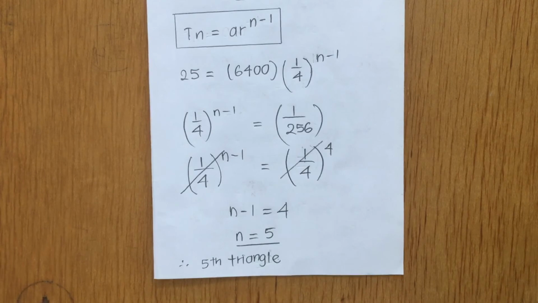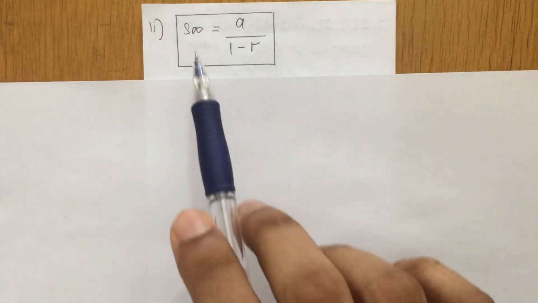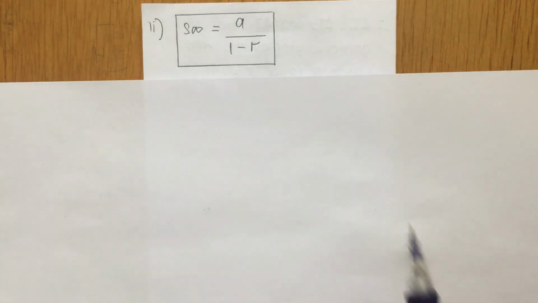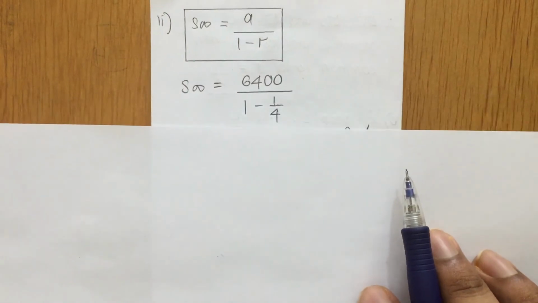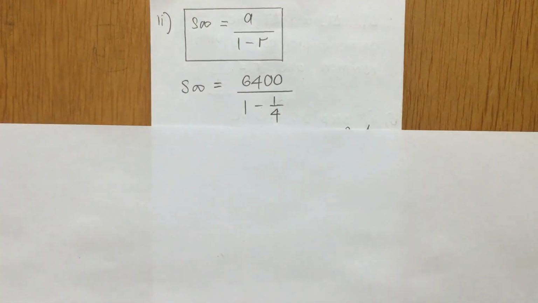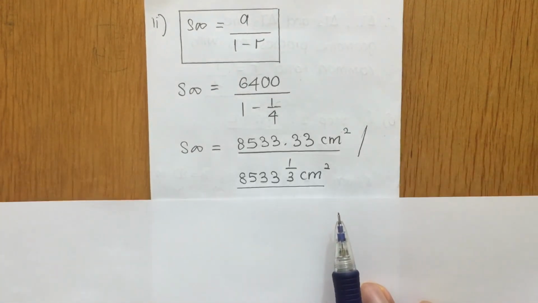Let me discuss question B part 2 now. Question B part 2 asks us to find the sum to infinity of the areas of the triangles. To find the sum to infinity, it is equals to A divided by 1 minus R. So you substitute these values: 6400 divided by 1 minus 1 over 4. So from here you should get your sum to infinity is equals to